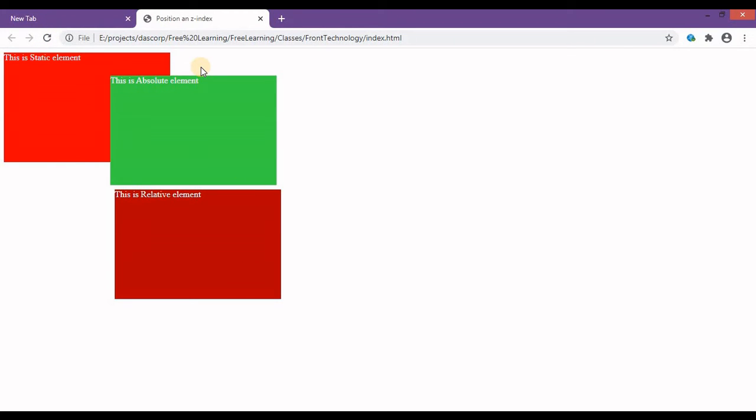Alright, okay, so now this absolute element is an element whose parent element is only the body element. So it is taking the top value or the left value from the body area. Now if I put this absolute element inside a relative position element, then we will see something different.